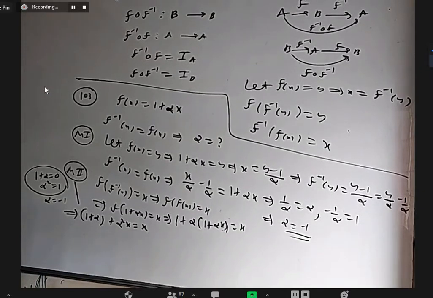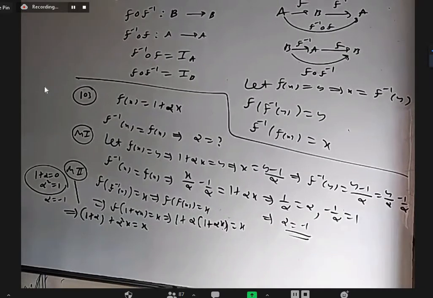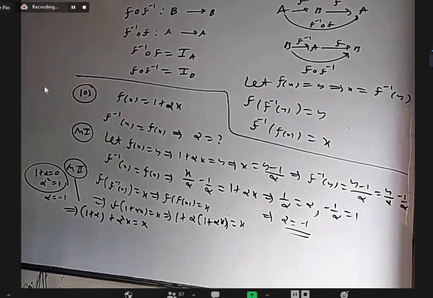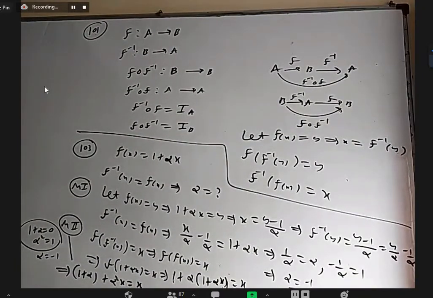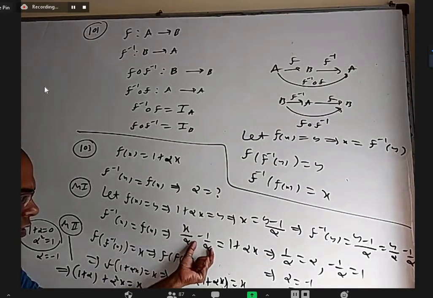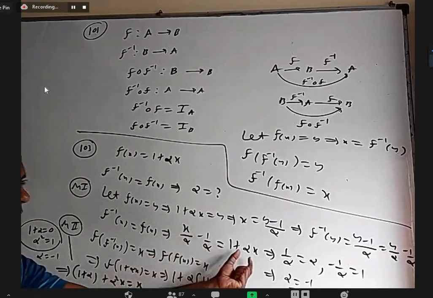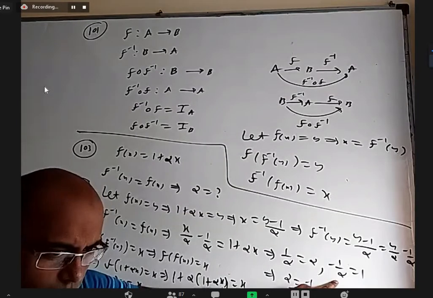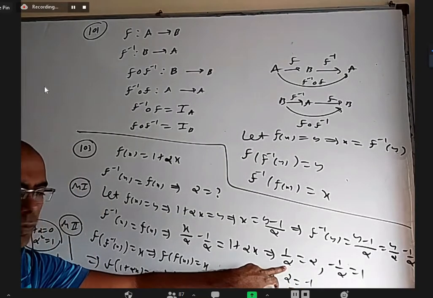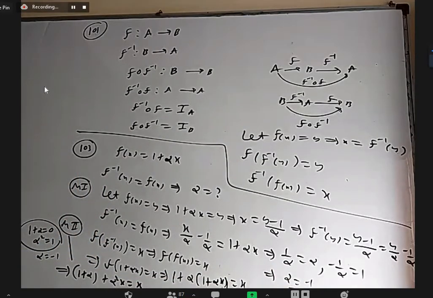Sir, yes please. Sir, you equated it to a constant? I equated the constant on both sides in method 1. This constant and this constant should be the same, that is this equation. This x coefficient and this x coefficient should be the same, that is this equation. This is giving only alpha equal to -1, but this is giving alpha equal to 1 or -1. But both should happen, this and this. That's why alpha should be -1 only.